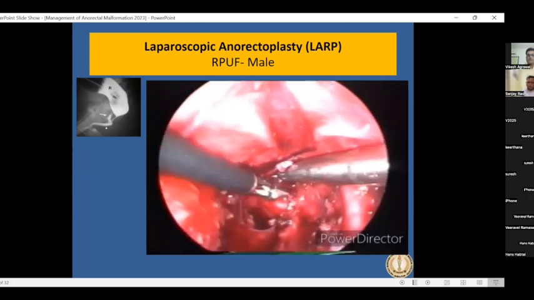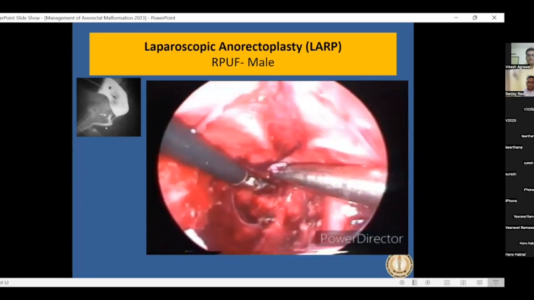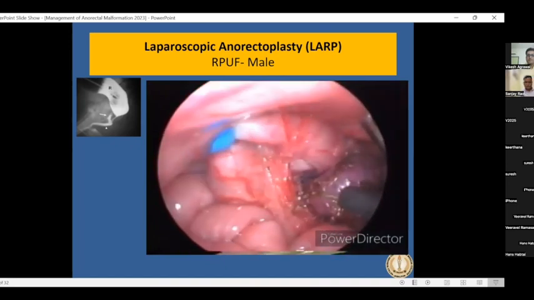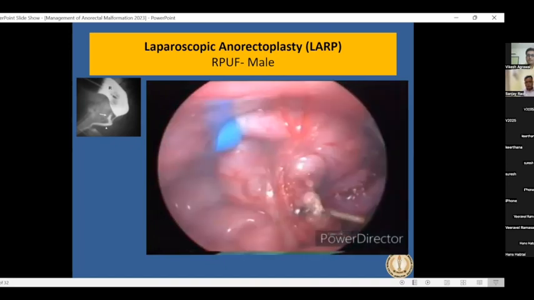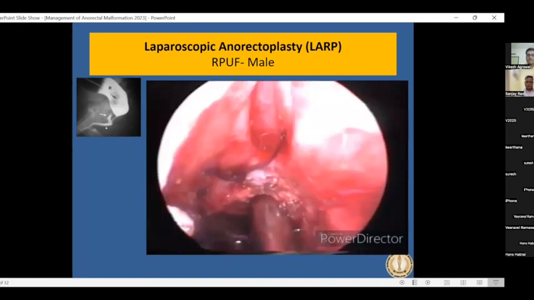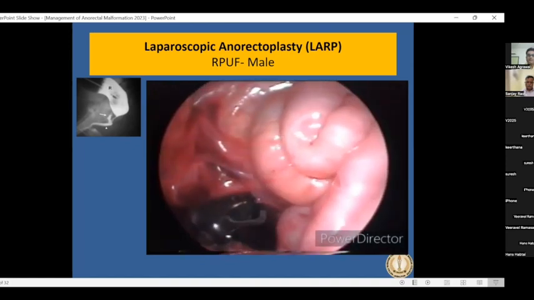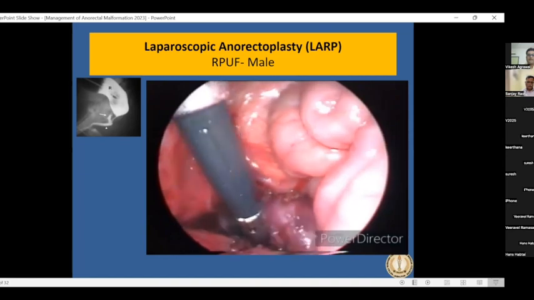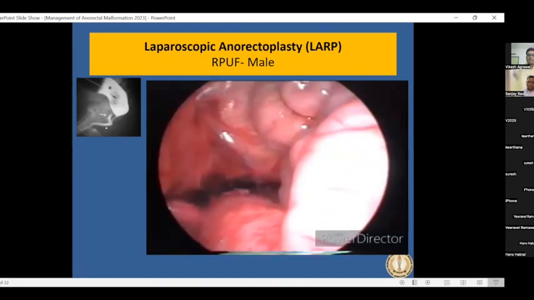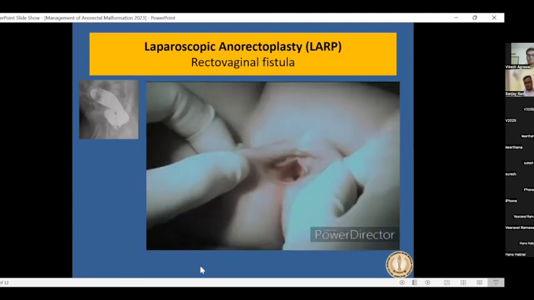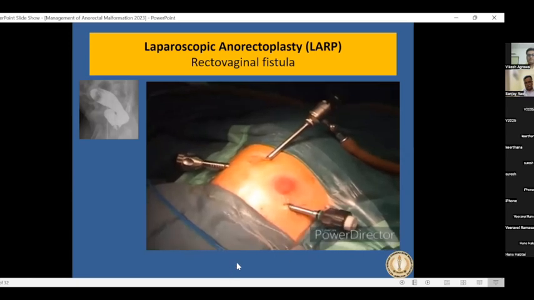Another advantage of the laparoscopy is you identify the levators very well. There are a few stimulators also available, although we are not using them very often. But the identification of the levator and staying exactly in the midline is another advantage of laparoscopic anorectoplasty. After creating a tunnel, you do the pull through like you do. The external part I have not shown here. It is just similar to what we do in open surgery. So this is another case where there was a rectovaginal fistula, and this is a normal 3-port surgery.